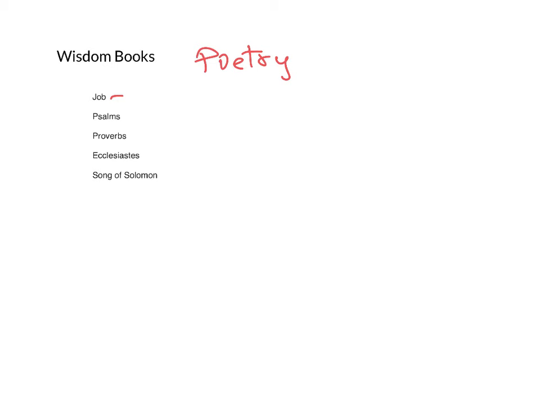We don't know who wrote it. We don't know who Job was. It simply says that he was a man who was faithful to God, and it tells the story of things that happened to him and how he kept his faith in God in spite of all the terrible things that happened to him. So he's kind of a parable, or an allegory, I guess you could say, for all of us who follow God, who love God, who trust God, but who have terrible things happening in their lives. And it's an answer to that question, why do bad things happen even to good people?